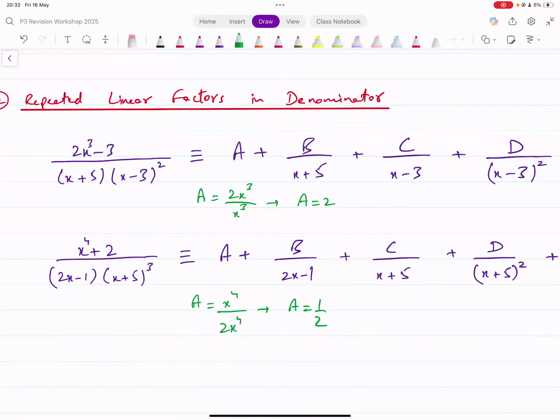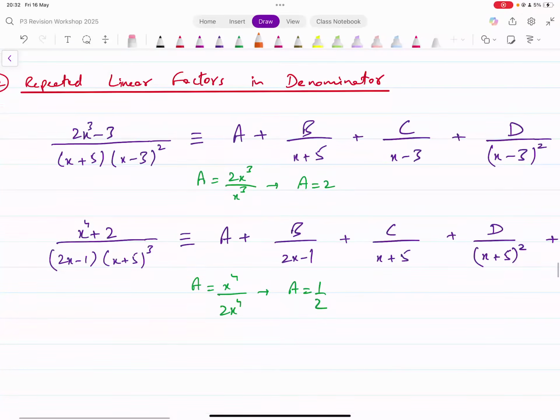The coefficient of x cubed in the numerator is 2x cubed. The highest power term in the denominator is x into x squared, that's x cubed. So 2x cubed over x cubed, and the value of that constant turns out to be 2. So we don't even have to do the long division process. We can find this quotient directly by just